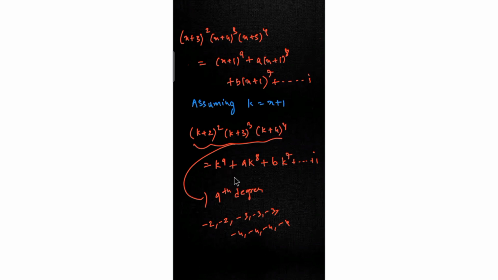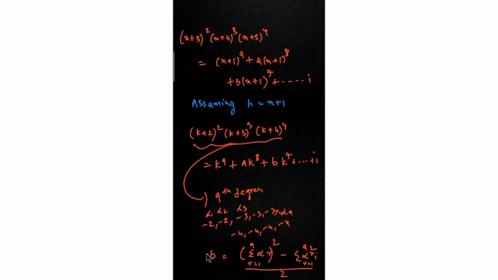All right, so for the x power 7 term, the coefficient of k power 7 is b. If I mention the roots as alpha 1, alpha 2, alpha 3, and so on up to alpha 9, then this b is nothing but the sum of alpha r for r equal to 1 to 9, whole squared, minus the sum of alpha r squared for r equal to 1 to 9, individual squares, divided by 2. This is the value of b.